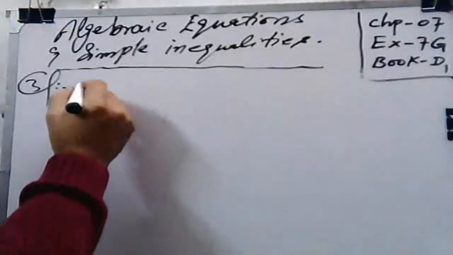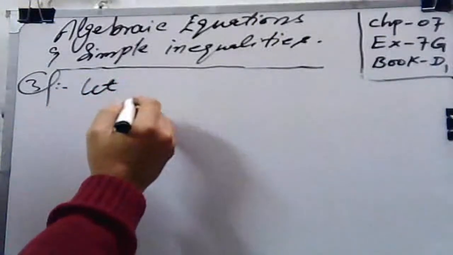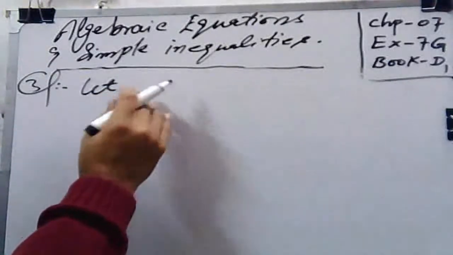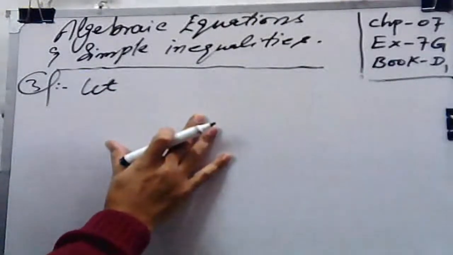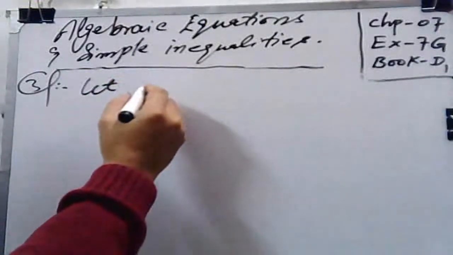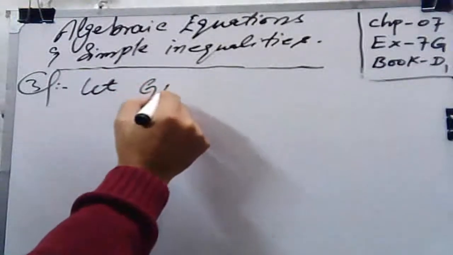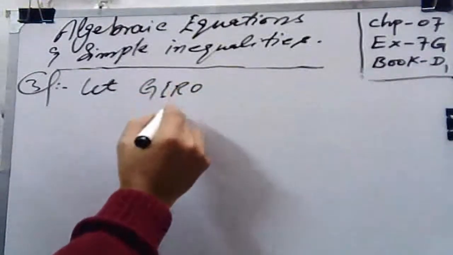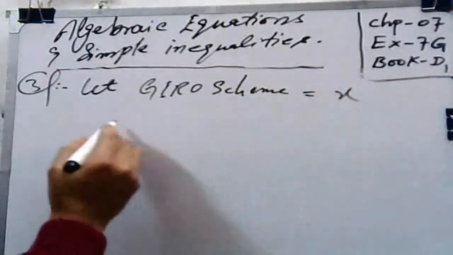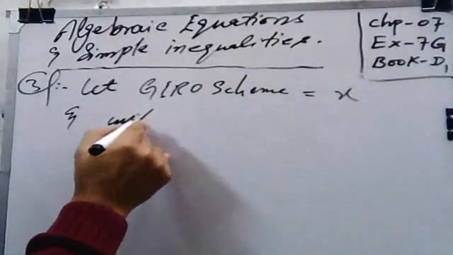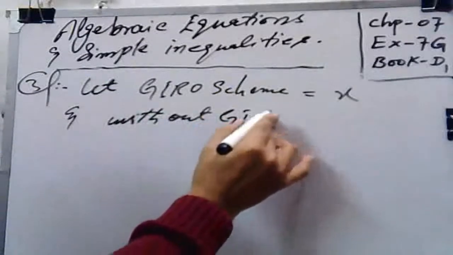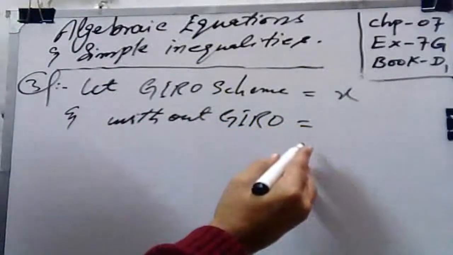You can see here, let the scheme people, for example, because we have to find the number of pupils without joining the scheme. So let the scheme people be equal to x, and without the scheme is equal to, that is,